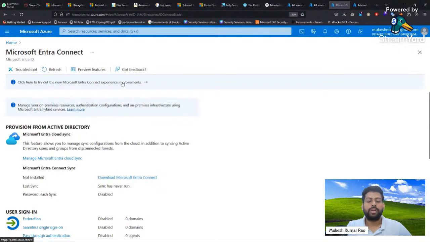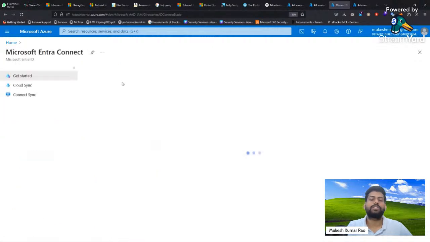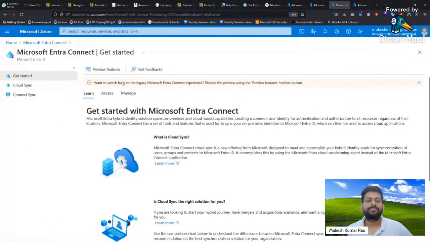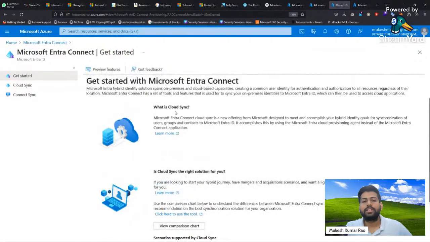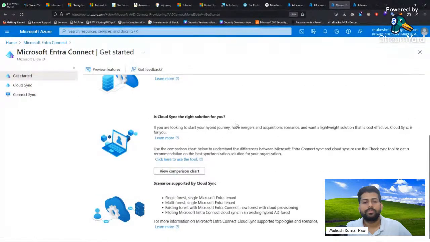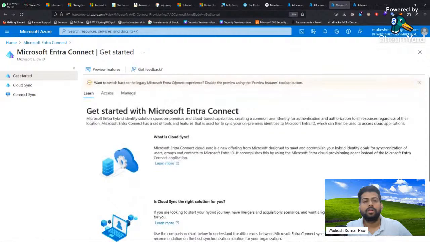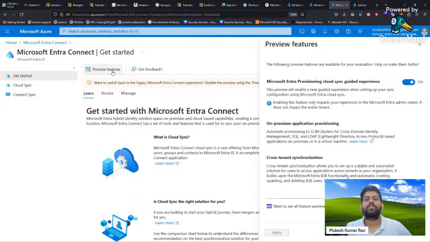Let's open in a new tab because Microsoft has given a new dashboard for this Entra thing. This is how it will give, like we have to create the access, where you can go. Okay, so preview. There you can see this is all the features we have.